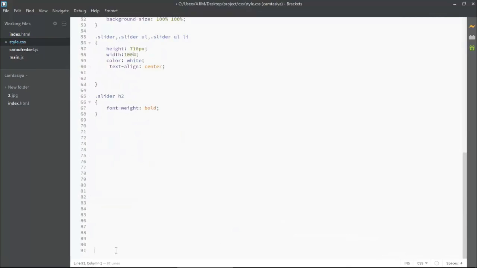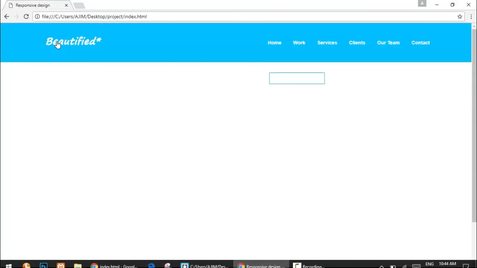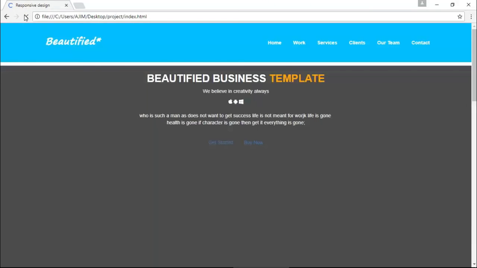Here I am targeting a span tag, because inside the span tag we have the name template. So I am mentioning slider span. Inside this I am putting a font color, or simply color, like orange. Now let me save it and show you. I am refreshing it again. Wow, you can see it's looking cool.